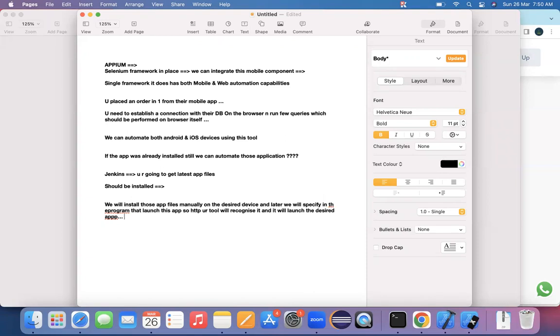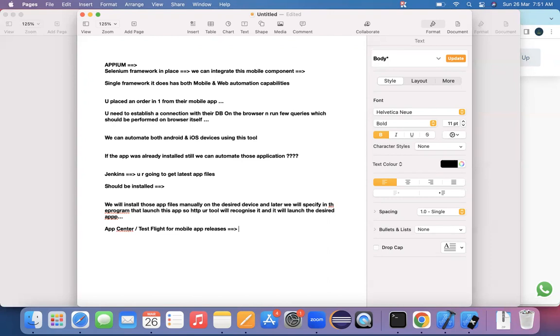So the ultimate point here is that if you have app files, you can specify the app files. If you don't have app files, you can still utilize those applications. This is one example. Assume that in your organization, they are using App Center or TestFlight for mobile app releases.